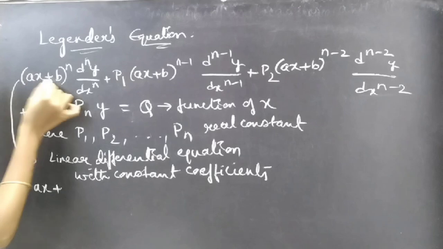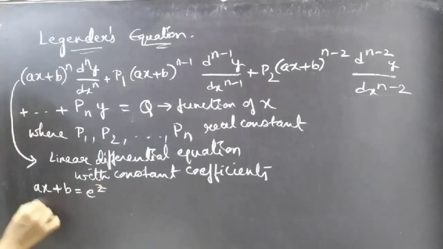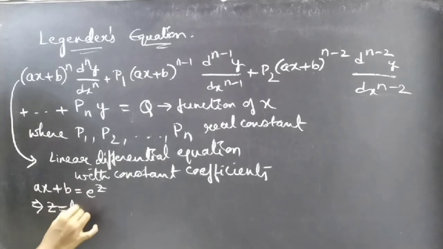We'll replace ax plus b with e power z, right? From this we'll get z equal to log of ax plus b